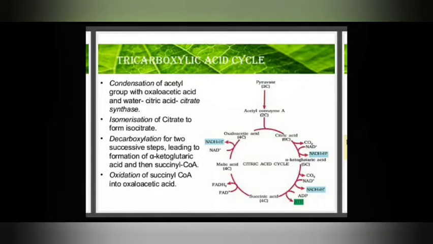That's why this is also called the citric acid cycle. Now, this citric acid, which is a 6-carbon compound, undergoes isomerization of citrate to form isocitrate, and this is followed by decarboxylation, where there is removal of carbon dioxide in 2 steps, leading to the formation of alpha ketoglutaric acid and then